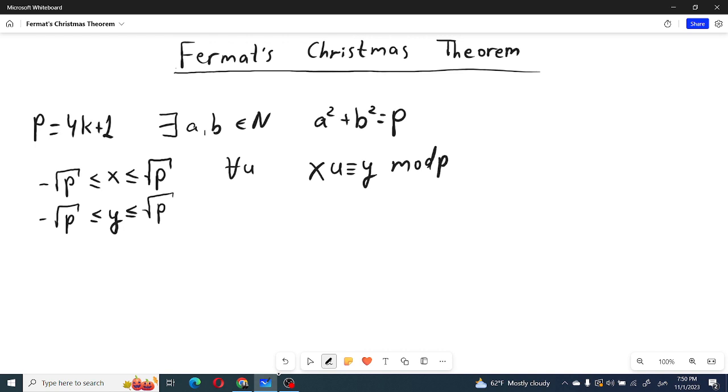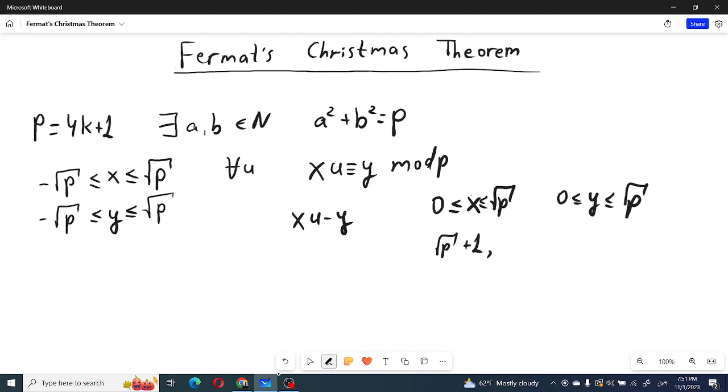To prove this lemma, let's discuss the expression xu minus y, where x must be from 0 to square root p, and similarly for y. And how many different choices do we have for x? We have exactly square root p plus 1 different choices, and for y we also have square root p plus 1 different choices. So in total this expression may have (square root p plus 1) squared